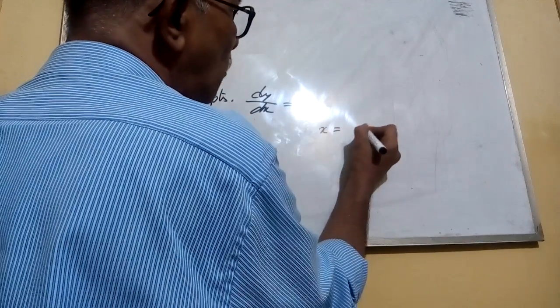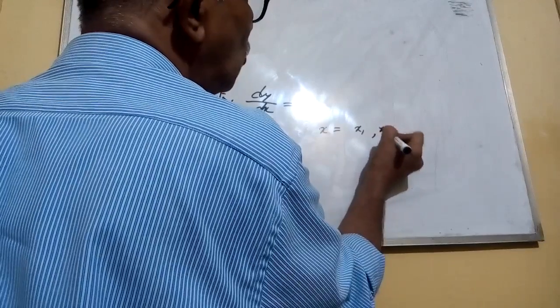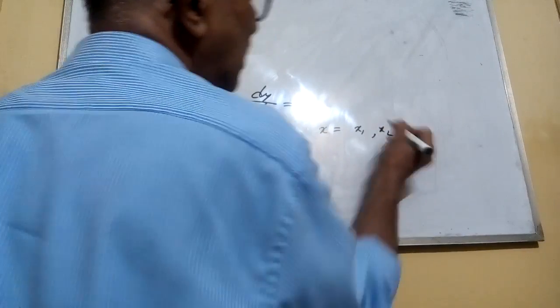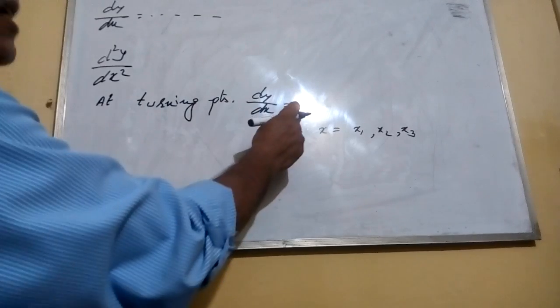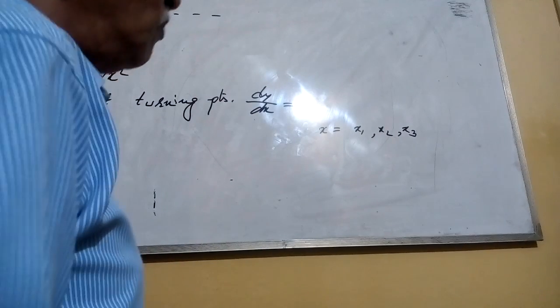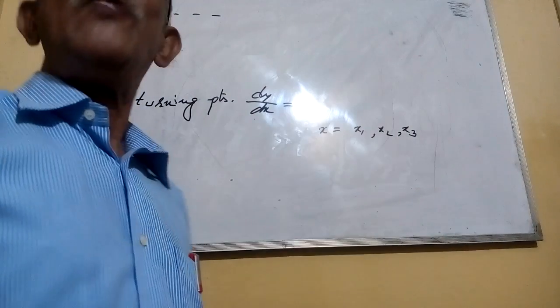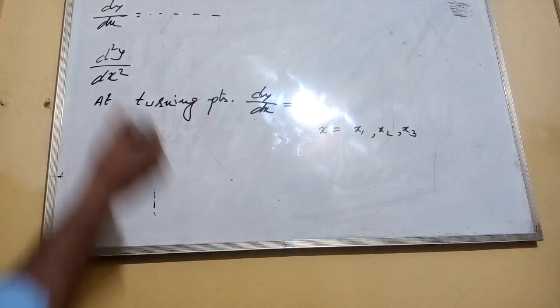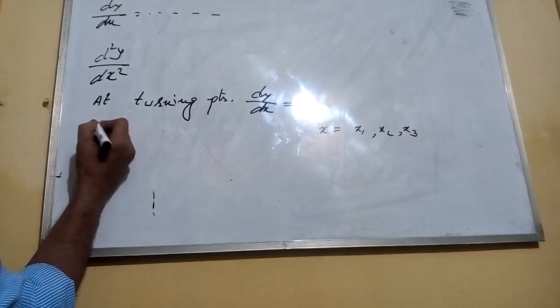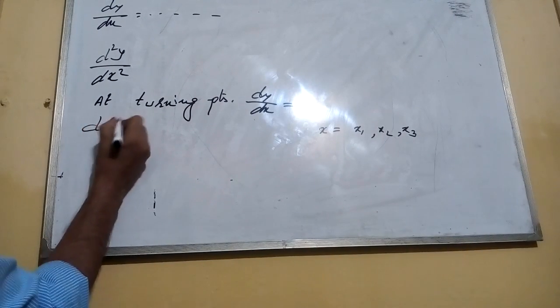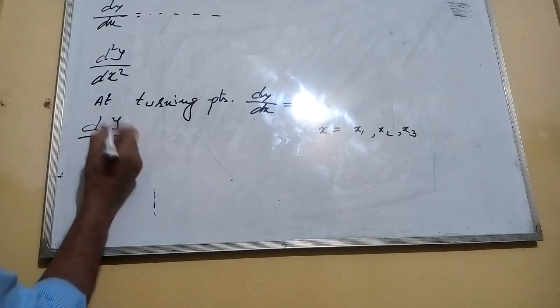Find different values of x, maybe x1, x2, x3, etc., when dy/dx equals 0. After finding these, put those values x1, x2, x3 into d2y/dx². That means find d2y/dx²